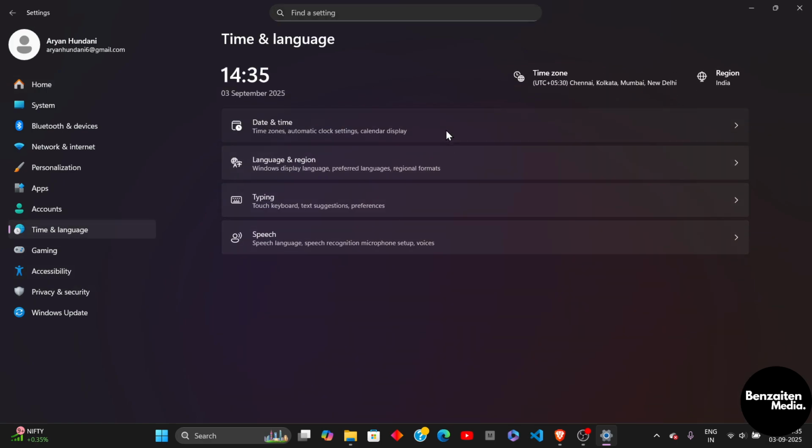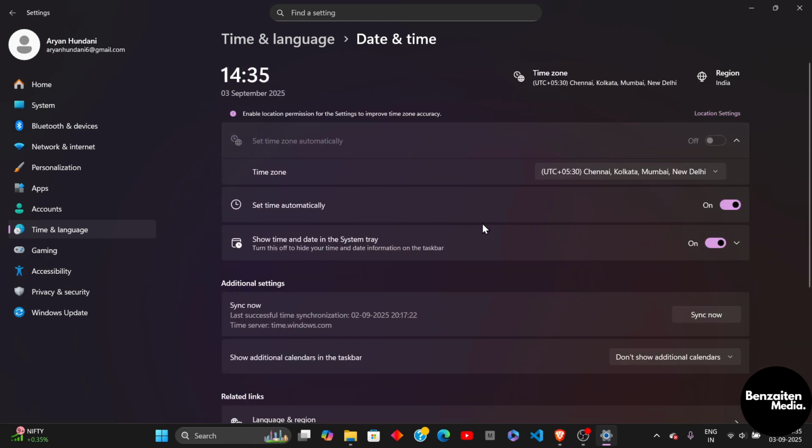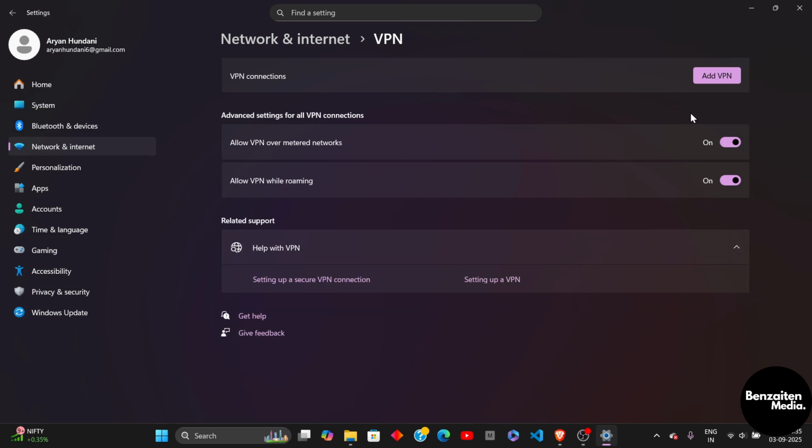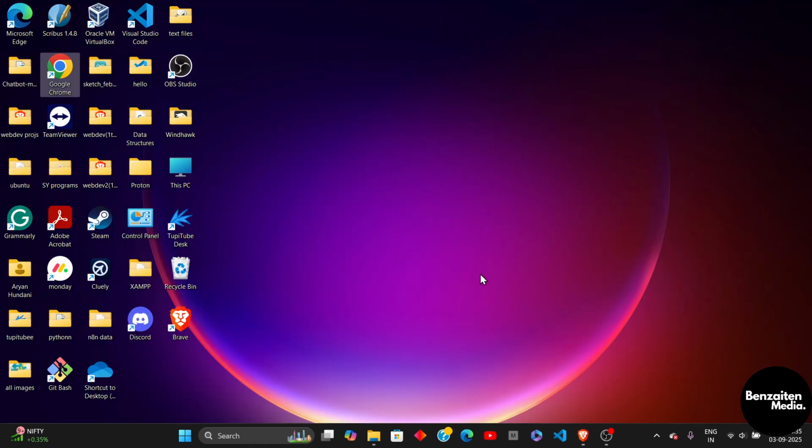After that, you need to click on date and time, and you need to make sure that the set time automatically is turned on. And after that, you need to head over to network and internet, and from here you need to click on VPN, and you need to make sure that if any of the VPN that you have added is disconnected. Yes guys, the VPN should be disconnected, and then you can just simply open the Steam application